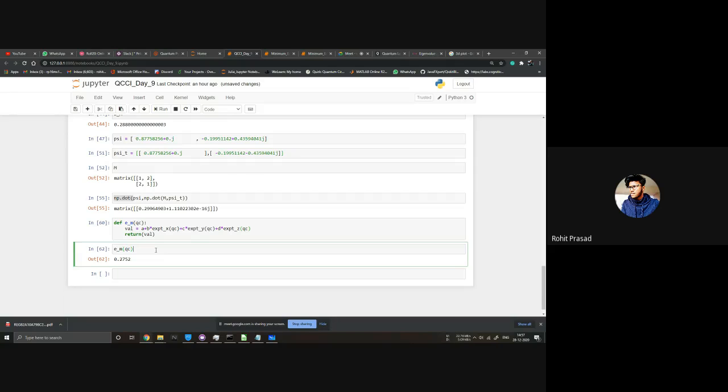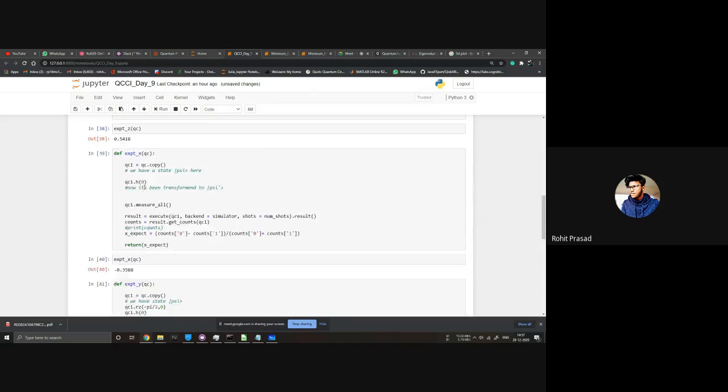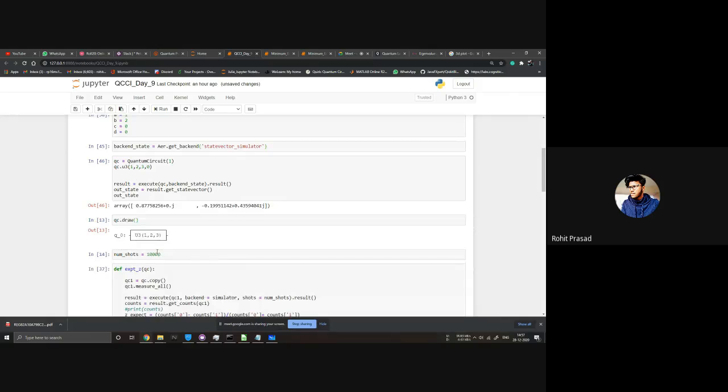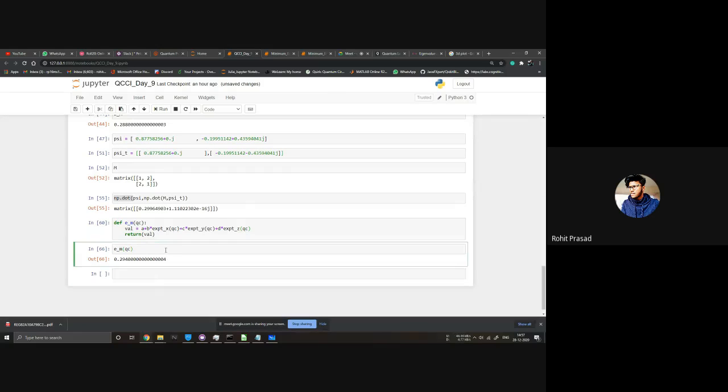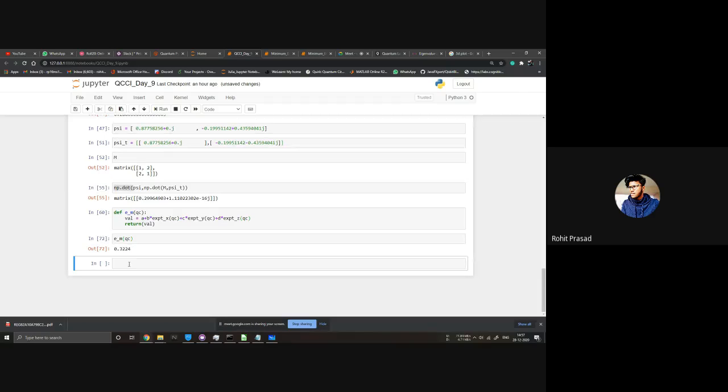Not, oh. So it's probabilistic in nature, so it will just go up and down, something like that. 29224. We can just increase the number, but it will take more time to calculate these things. So let's stick with this. Just probabilistic in nature, as you can see.